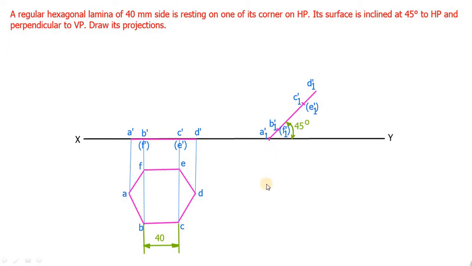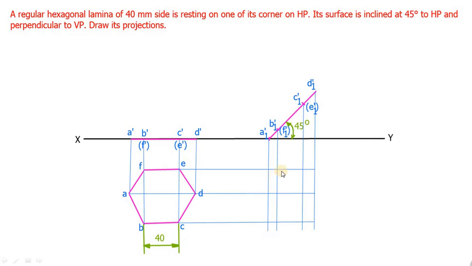Project all the corners, that is all the points on this particular front view, towards downward. Similarly project all the corners of this top view, simple position top view, towards right side to meet this line. So this is the meeting point line. Keeping this point as a reference, we are going to produce the top view of the second position, that is the final position. A and A meet here, B and B meet here. Similarly mark all the meeting points, so it will look like a hexagon. Clear?